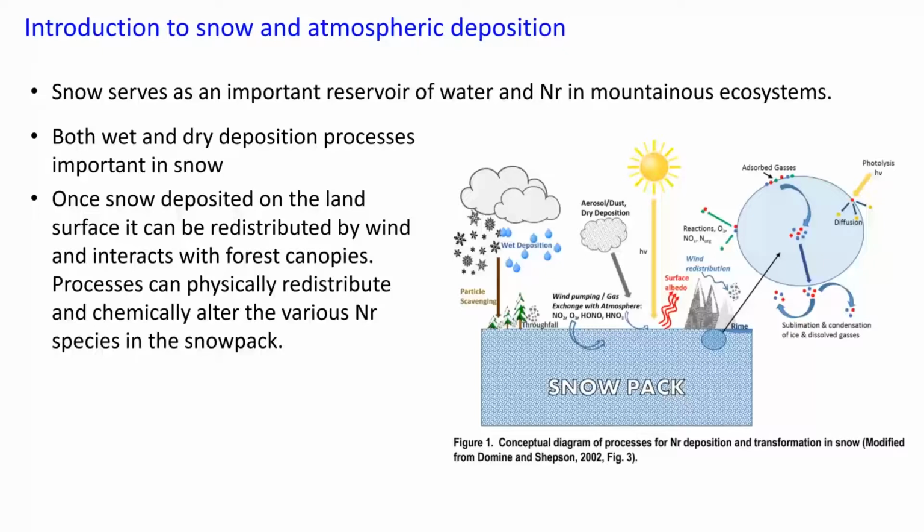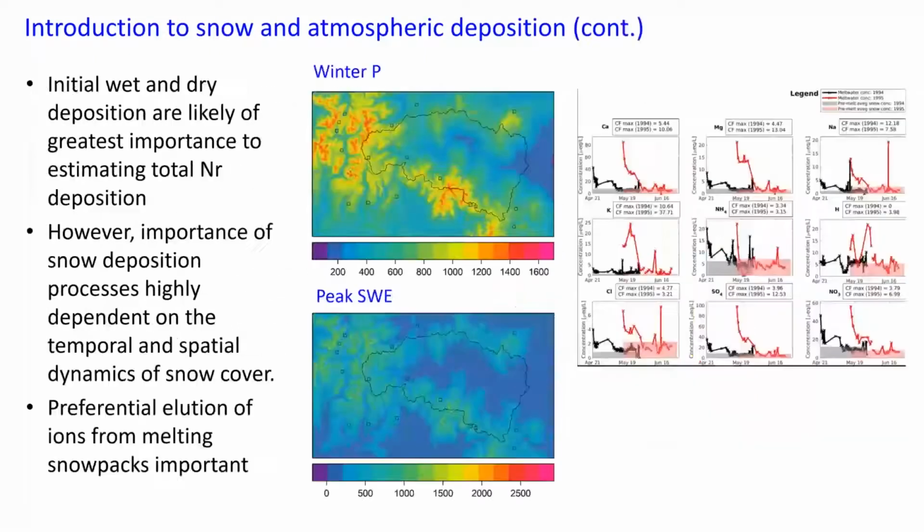And these interactions can have a really strong influence on the distribution of our snowpack in mountainous environments. And likewise, these interactions can physically redistribute the snow and change the snow, but also can chemically alter the amount of nitrogen in our snowpack. So we think that the initial wet and dry deposition and that distribution is of greatest importance in terms of estimating our total nitrogen deposition in mountainous areas, especially related to snow. However,